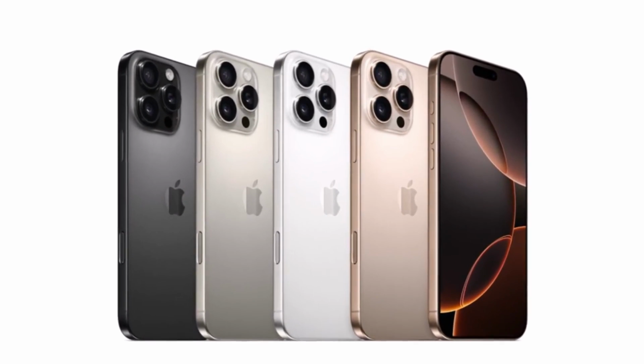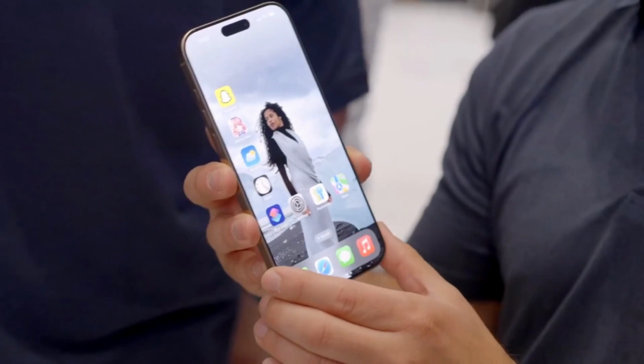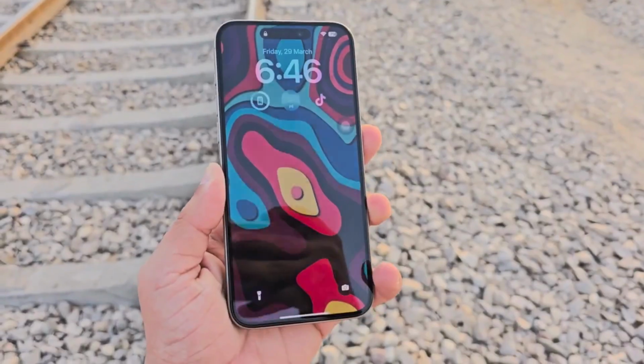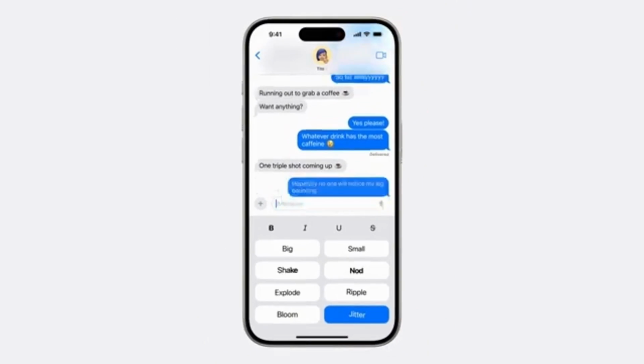The second difference is that the iPhone 16 series sold in the US comes equipped with a faster 5G modem. It's an upgrade from what we saw in the iPhone 15 models, and it's designed to work perfectly with the network speeds offered by US carriers. This is great news for anyone looking to upgrade because you'll be able to take full advantage of the fastest